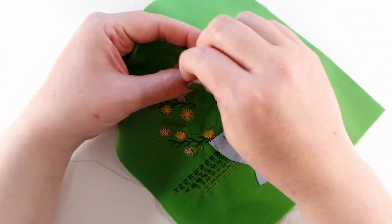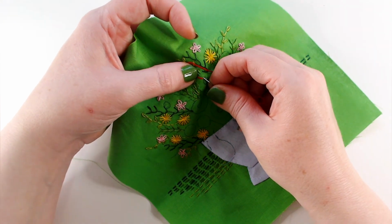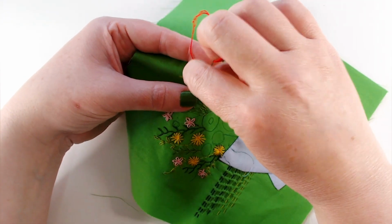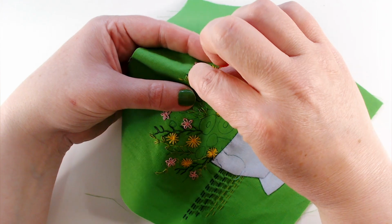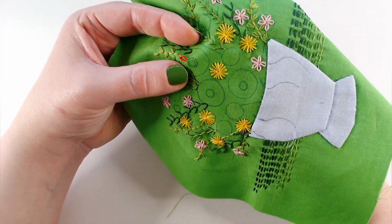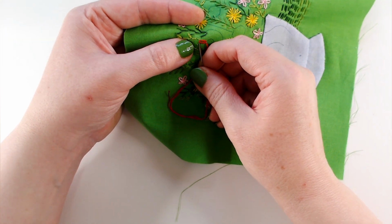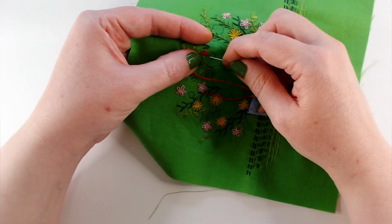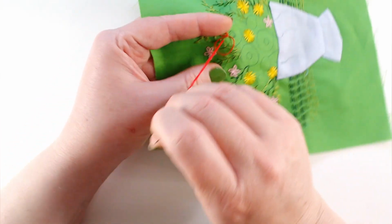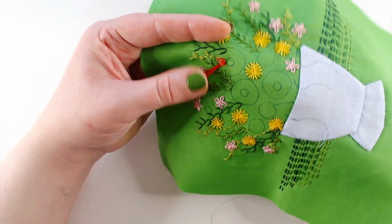or gazania here. I've got 2 strands of red, and I'm going to work something that's similar to a lazy daisy. So I'm using my detached chain stitches again here, but this time rather than coming up at the very centre, I'm starting my stitches at the edge of that small circle. So my stitches are all going to start on the outside edge of that centre circle and finish on the edge of the large circle, and this is going to create a ring of detached chain stitches with a void in the centre, and we're going to put in some more stitches at the centre to create the middle for